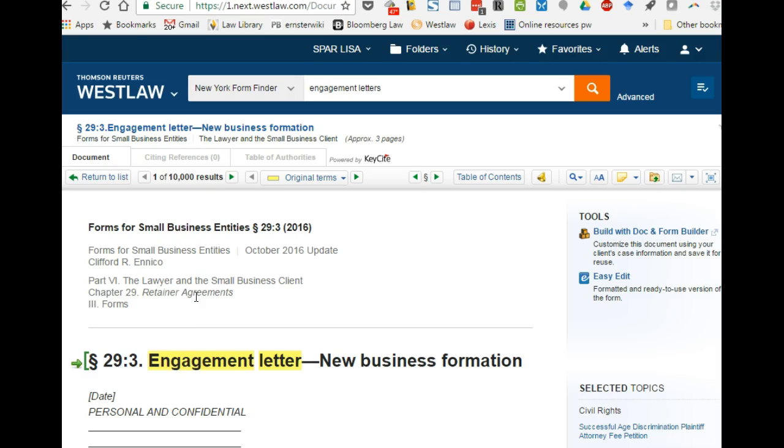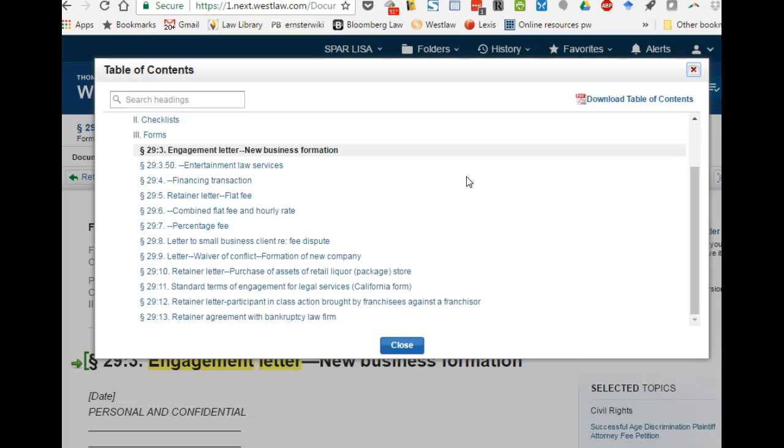It turns out that the state, they're used somewhat interchangeably. I honestly am not sure if they're exactly the same thing, but I know that sometimes you find it under retainer agreements and sometimes you find it under engagement letters. So again, bibliographic awareness, get the sense of the context, take a look at our table of contents. And this is one of those tips, those tools that we found in just about every resource we've looked at,